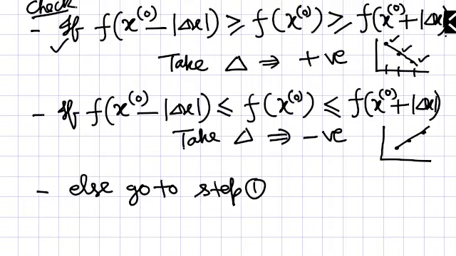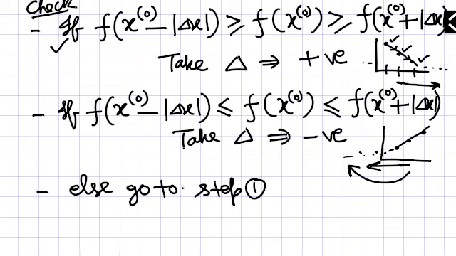So in the numerical you will see that when you are taking delta positive, then you will go in the forward direction. When you make jumps, you will make jumps in the forward direction. And obviously you can see here that our trend is coming downward, so it means that our minimum will be here somewhere. It cannot be here. That's why we are taking delta positive, so that we can go forward. And if the condition is like this, it means that our minimum will be somewhere here. So that's why we are going in this direction for this search. We are making a jump in the negative direction.